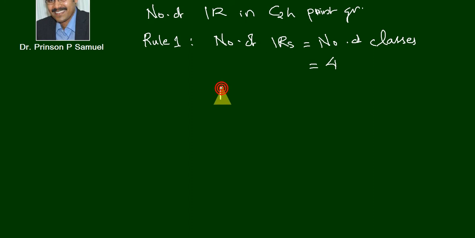Let these 4 irreducible representations be gamma 1, gamma 2, gamma 3, and gamma 4. At this moment let us call them like this, but at a later stage we will replace these symbols with the Mulliken symbols, which will be filled in the character table. And now we are going to move to rule 2. What is rule 2? Rule 2 says that